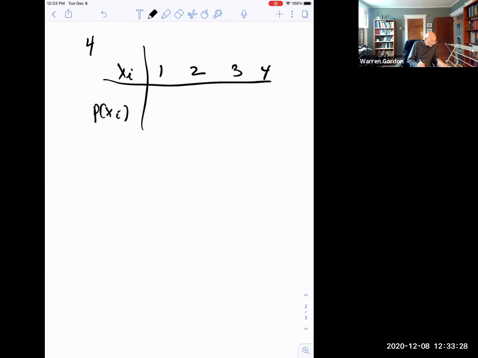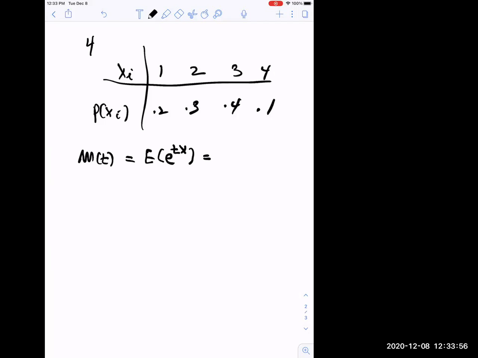The corresponding probabilities are 0.2, 0.3, 0.4, and 0.1. And you're asked to find the moment generating function and use that to determine the mean and the variance. Well, remember, m of t is equal to the expected value of e to the tx,